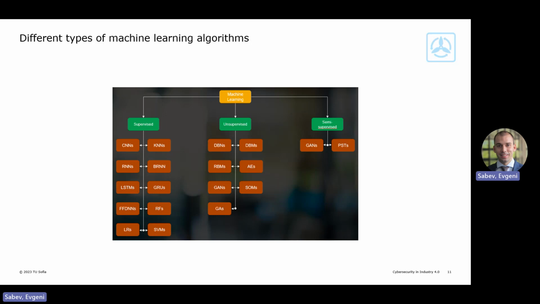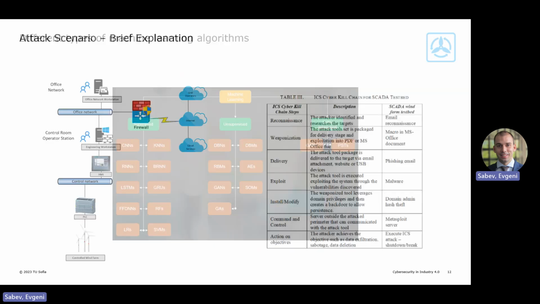On the next slide, you can clearly see why there is such a strong need for legislation, because there are so many different algorithms, so many different ways they can be used, and maybe so many different ways they can be misused. So in our research, we also try to summarize what's the best and what's not so good for all of these particular algorithms. On top of that, we also try to find out which is the best working algorithm for our specific use case, which was, as we said, wind energy, wind turbines.